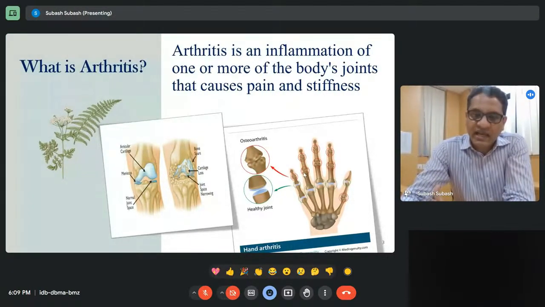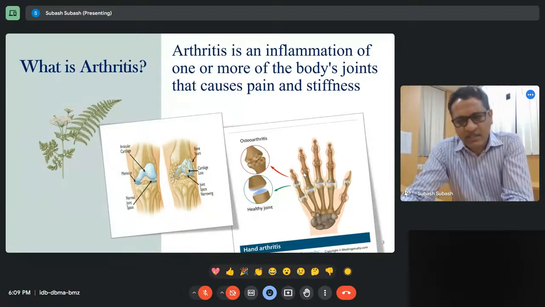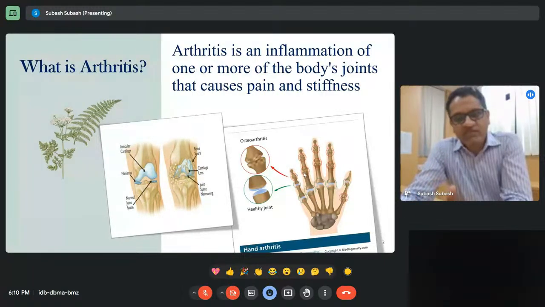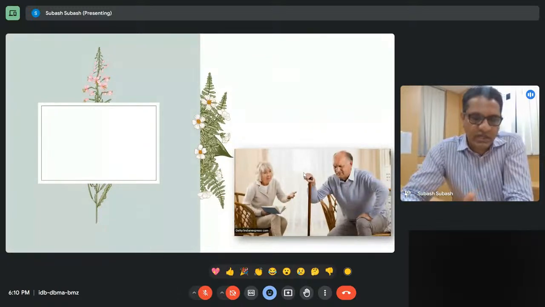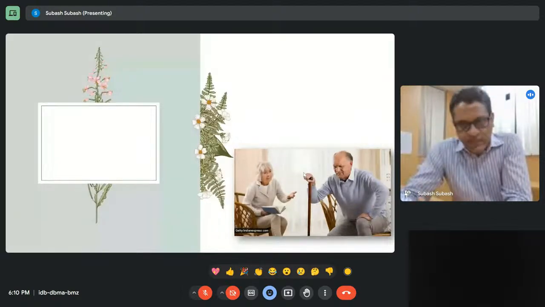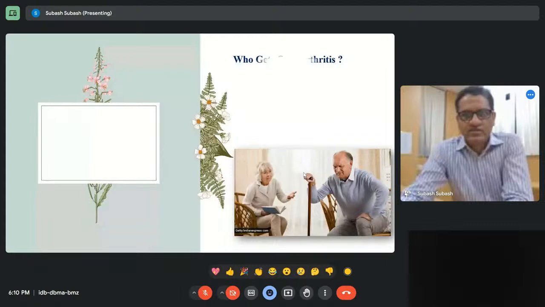When arthritis happens to multiple joints, it is called polyarthropathy. That is not called osteoarthritis; it can be inflamed arthritis, something called rheumatoid arthritis. The treatment for inflammation and rheumatoid arthritis is medical management. And when the medical management or the medications fail, then we talk about surgeries. So coming to